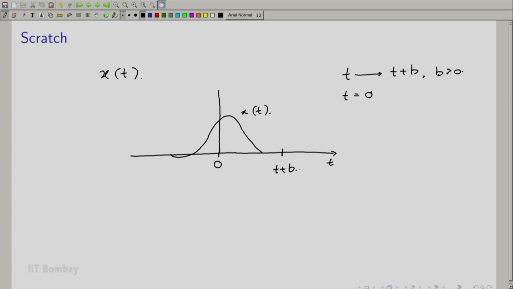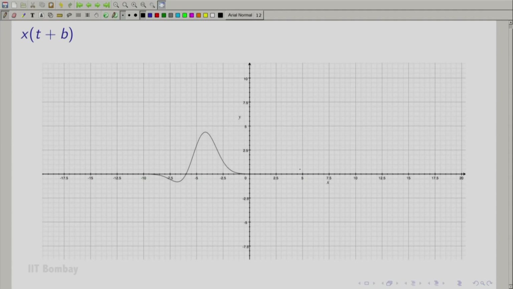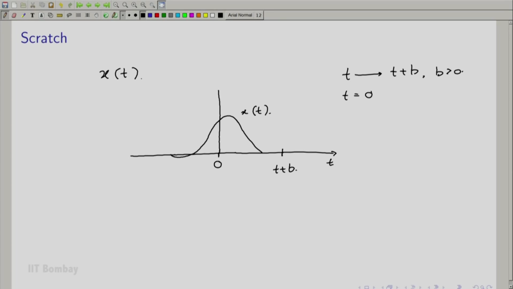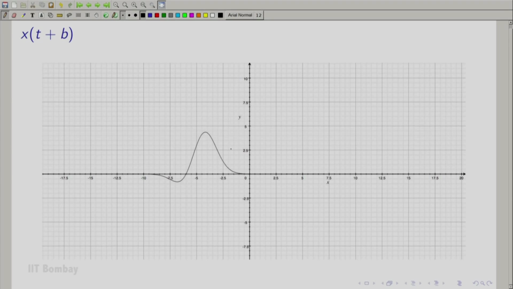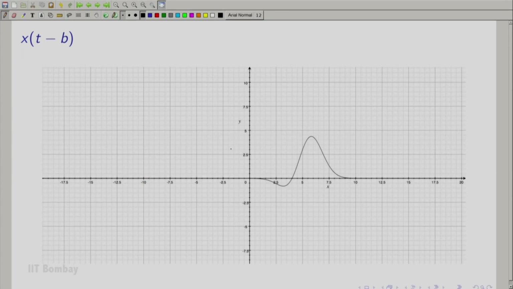So when we plot it on the t plus b axis, which is this plot, the previous plot, this t plus b value actually gets mapped to the value of 0, and similarly every value on the t plus b axis gets mapped to a value b units to the left of it. Therefore every value on the t plus b axis gets shifted to the left by b units, and hence the plot on the whole also shifts to the left as shown in the diagram. So this is how you explain a linear shift in the independent variable.